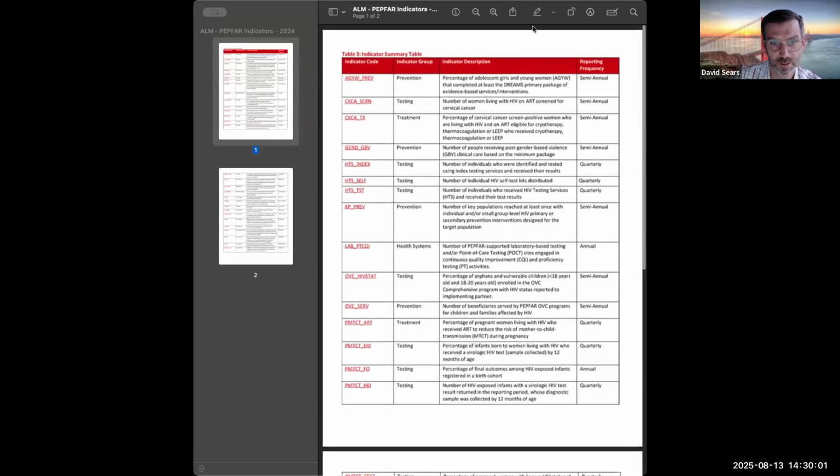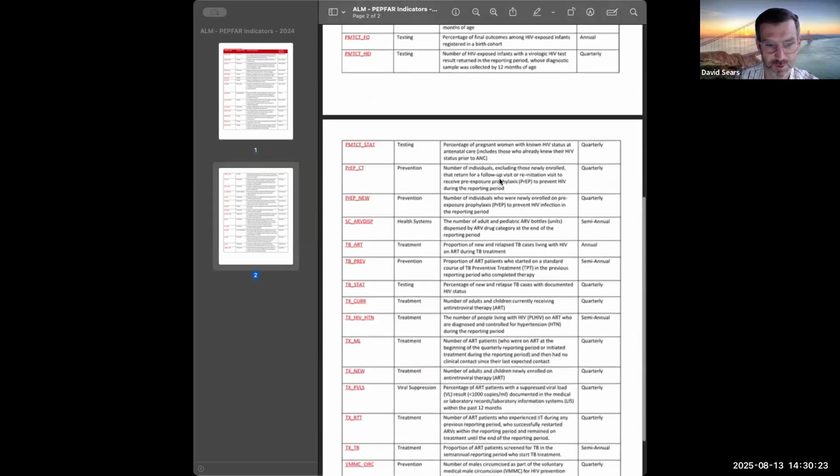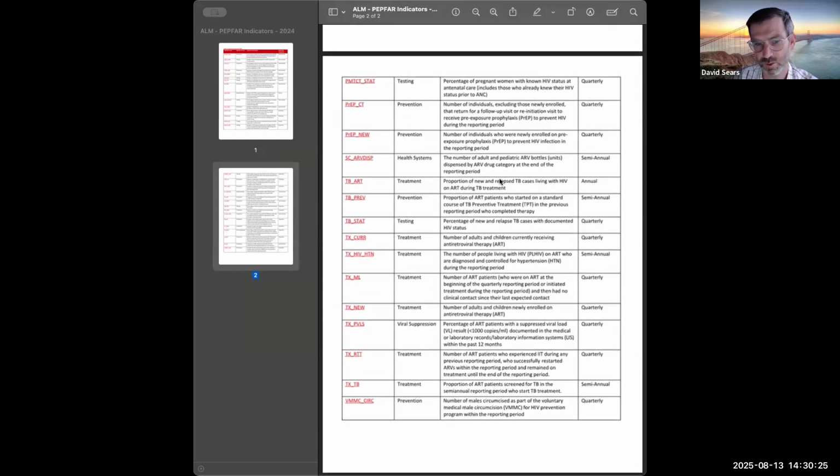So this is a list of quality indicators that was used in clinics that were previously funded by PEPFAR. And there's an indicator description. It doesn't go into the details in this document of numerators and denominators. I think that's too much. But it's around certain indicators such as the number of HIV self-test kits distributed, among other things. And so there is a document with 2 pages of healthcare quality indicators, and we ask learners to review these indicators